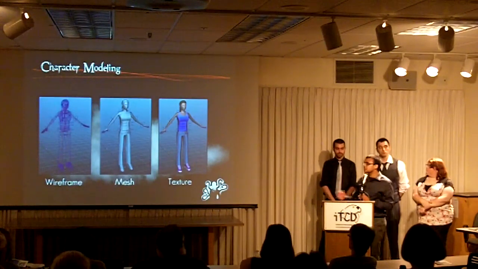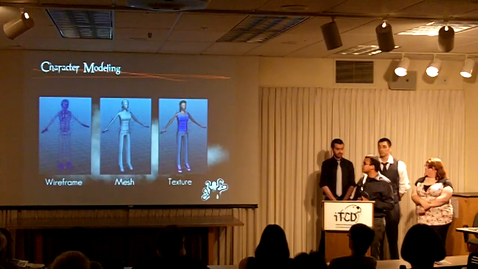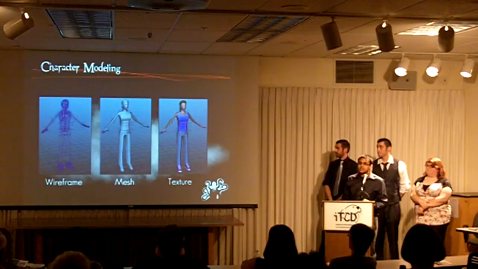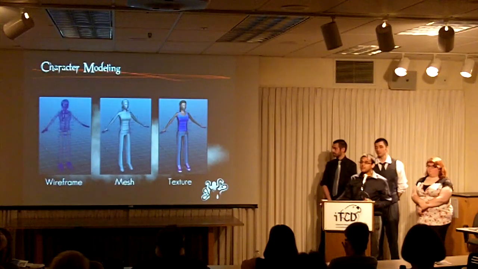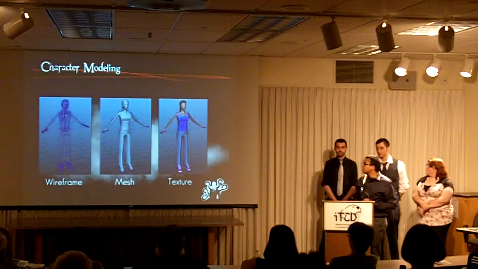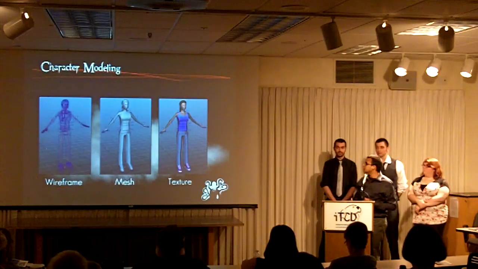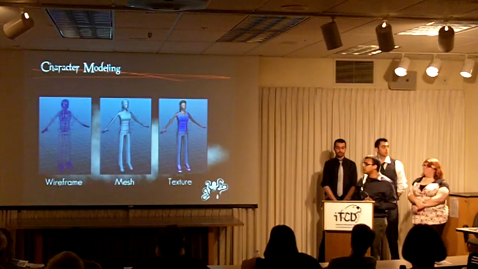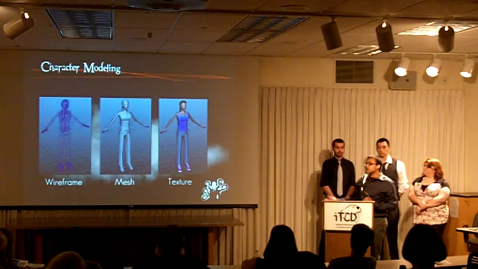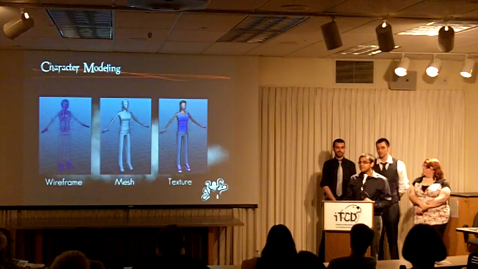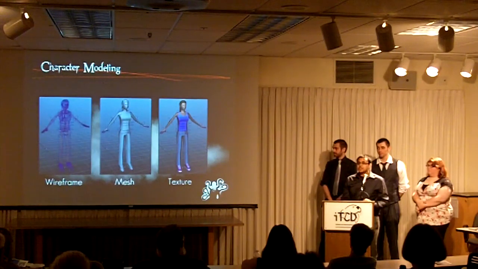Once that model looks approximately like what you're trying to go for, then you want to texture it, which requires UV mapping, which we'll go into on the next slide. Once you UV map it, you texture it in Photoshop, and then you have yourself a textured model. After that is the really hard part where you have to animate. Animating is a multi-process